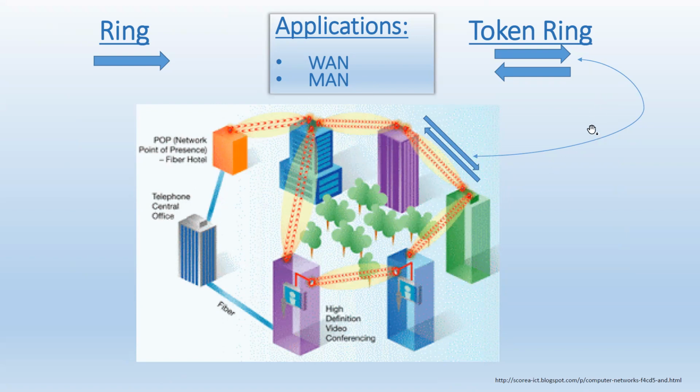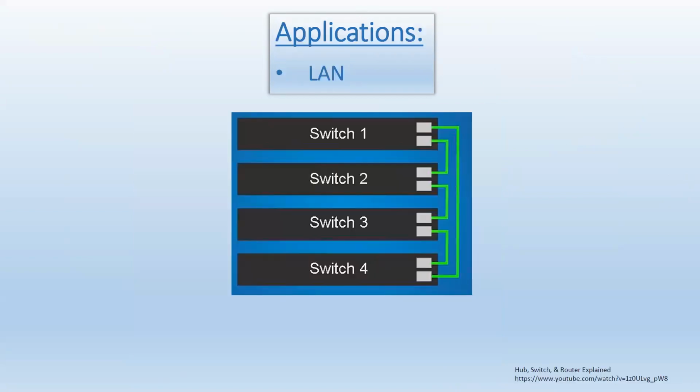Why is it that not everybody uses token ring? Why can't we just have everybody use token ring? Well, probably because the ring was developed earlier than the token ring was. That's my guess. If someone can watch this video and has any other ideas, I would welcome the explanation. But both exist.